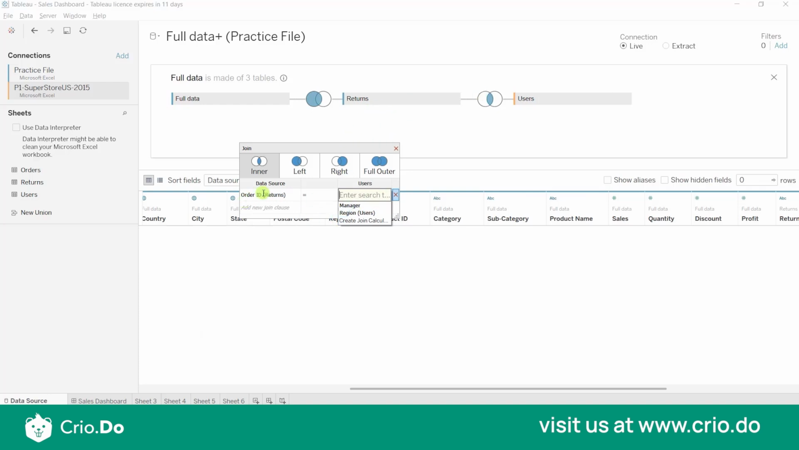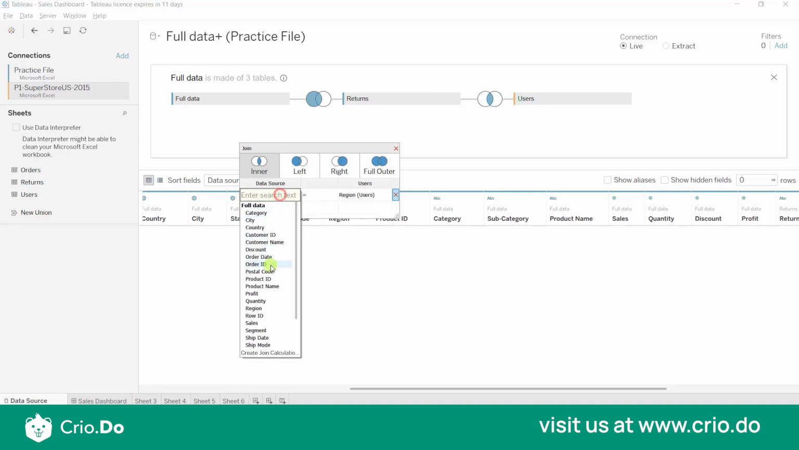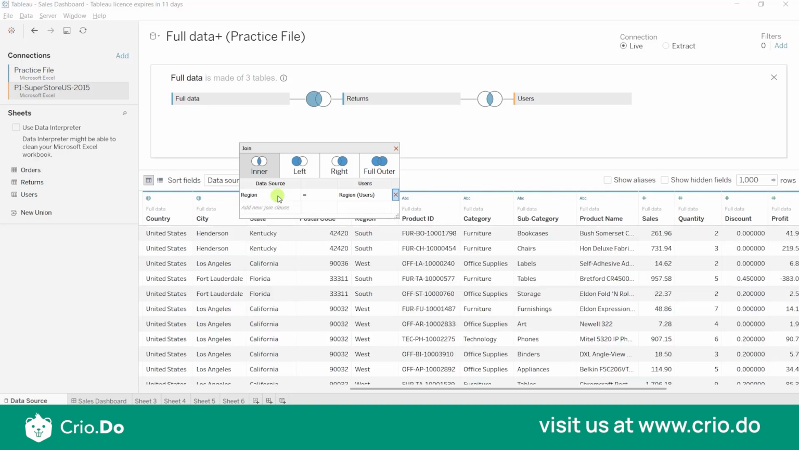If it has the same column, like order ID, in the users also, this will look like a straight line. The data from full data is connected to returns, and the data from returns is connected to users. This is how it looks. But as we do not have that column, we'll go with whatever Tableau has proposed as region, and it